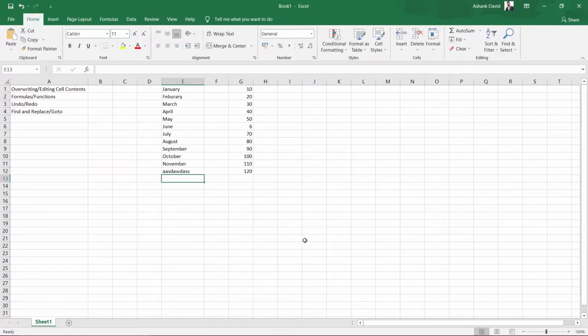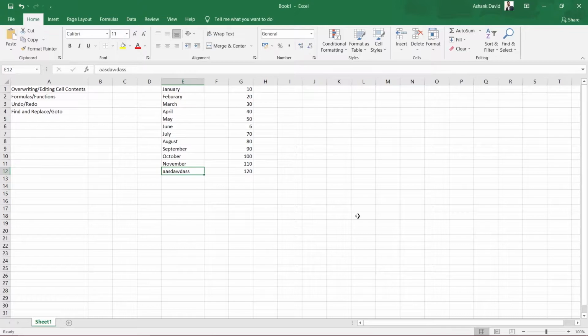Now if we talk about overwriting, then basically overwriting is when we delete that particular text and instead of that text we write any other text. In this case we are not going to use the cursor. Instead we are just going to single click onto that cell. Suppose here in this cell we want to write December, and we want to overwrite this cell. First I'm going to select that, or you can do that by navigating through your keyboard and using the arrow keys. And once the cell that you want to overwrite is highlighted, you can just start typing onto that.